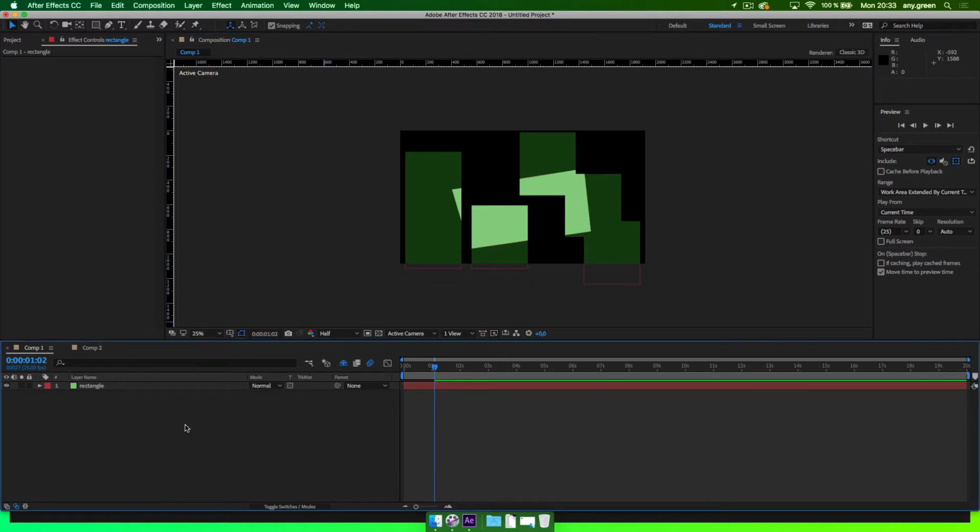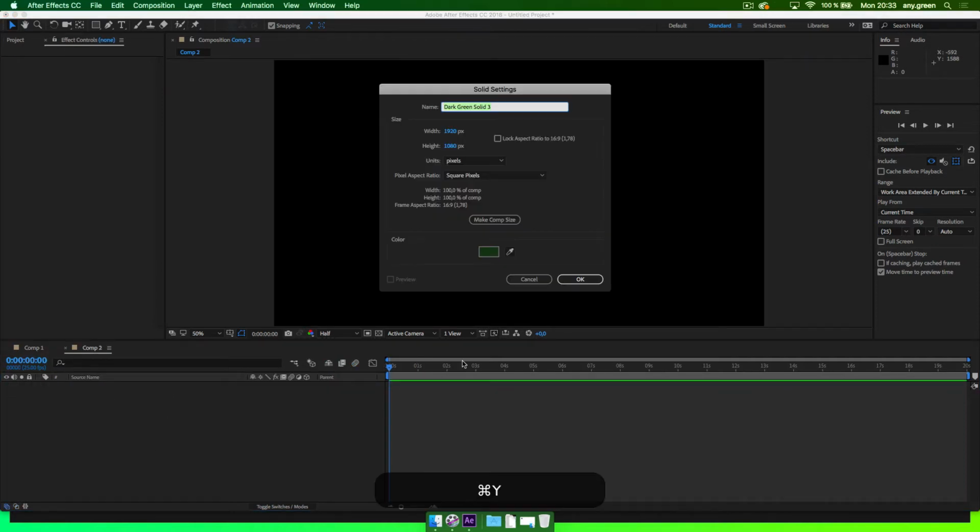Track mattes are fairly special. They are luma mattes and alpha mattes. And they define how a layer is visible based on another layer. So they are like masks in Photoshop. However, I will talk about it a little bit more in depth in another class, but really quickly, I have a solid here,